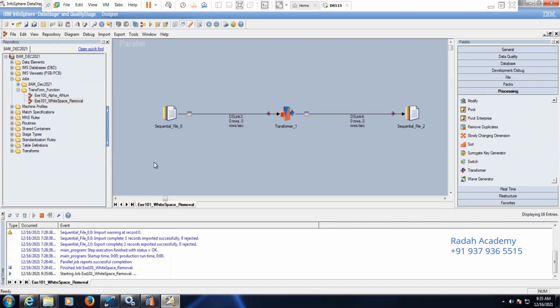In the target, I have added a header, so the first line will be the metadata. Still running.